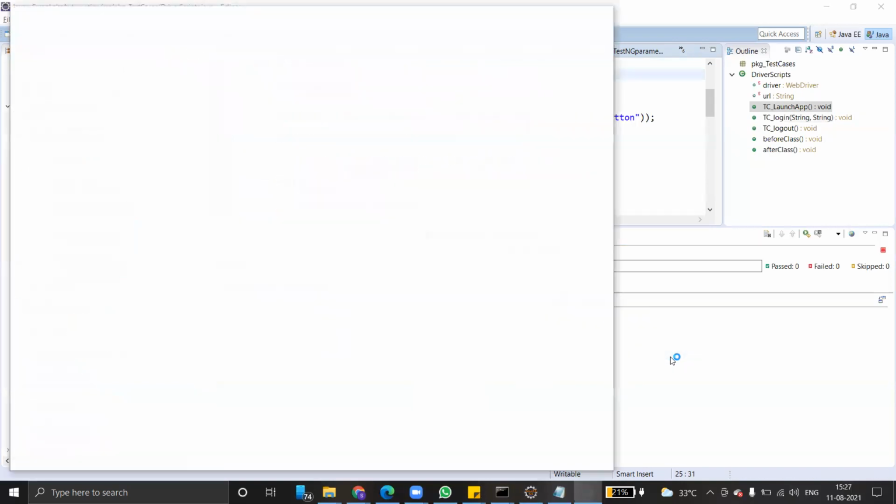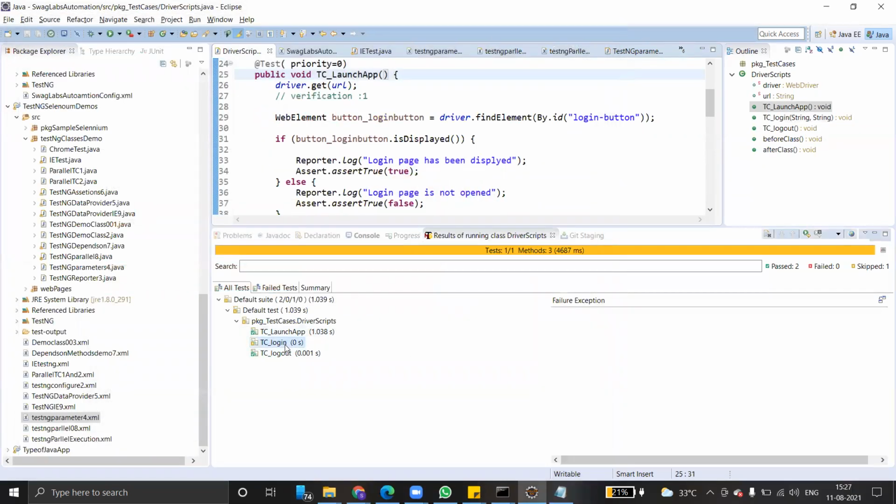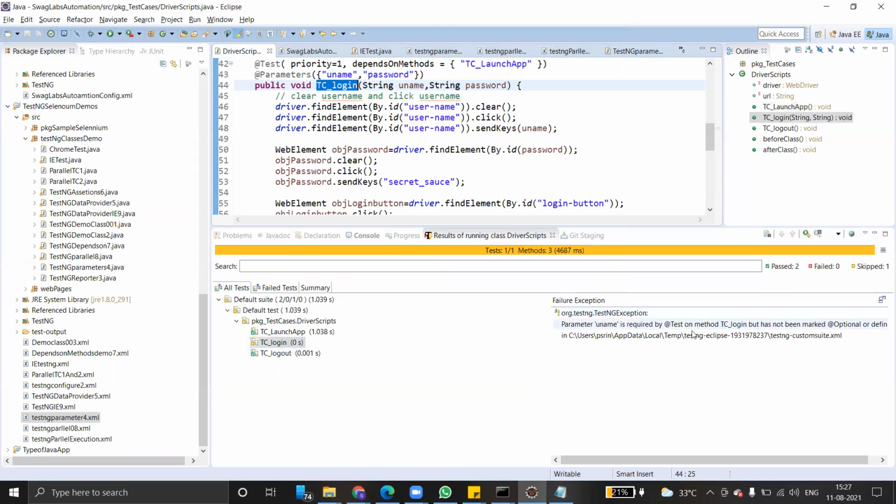Okay, sir. Again, got an error. Username is required by the test method, login, but has been marked as optional. So what is the issue? Control C, Control V. Perfect.